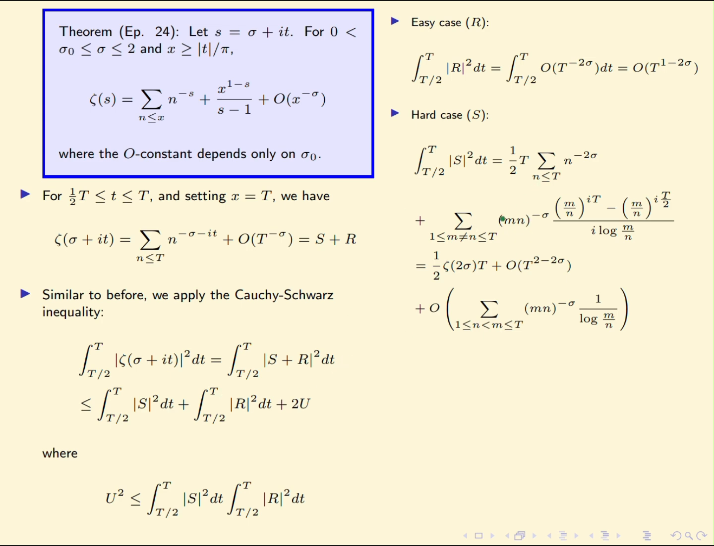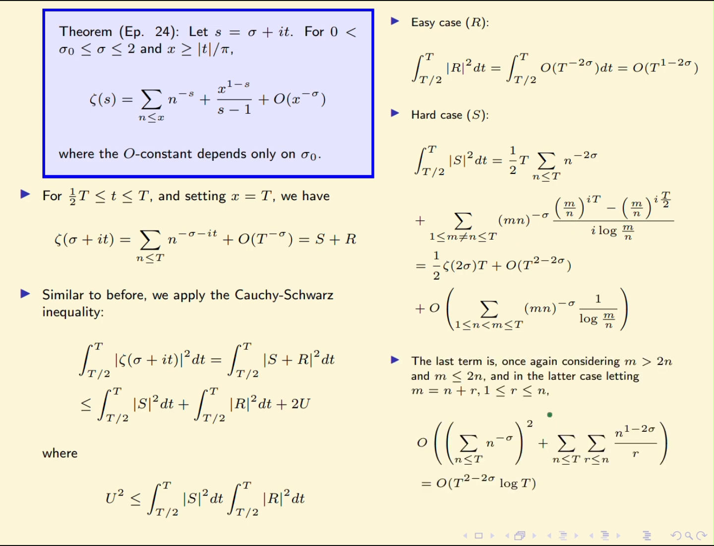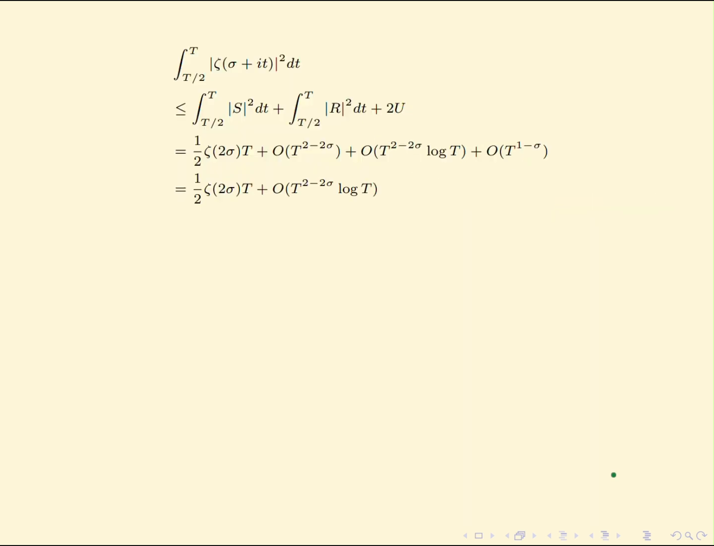We're rewriting this finite sum as an infinite sum plus some big O term, and then we're evaluating this giant term over here. And then we're going to do the same thing where we split this sum into m greater than 2n and m less than or equal to 2n. Instead of getting O of 1 this time, we're going to get O of t to the 2 minus 2 sigma times log of t. And then if you combine everything together, then this integral is less than this thing, and then this thing gives you,